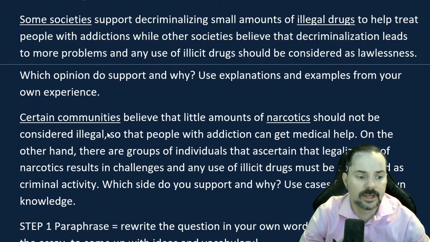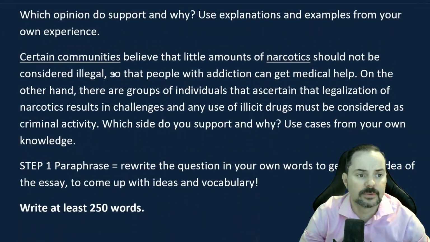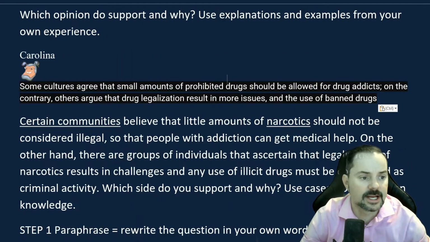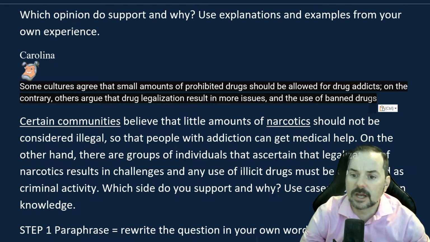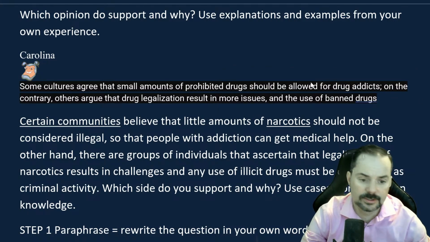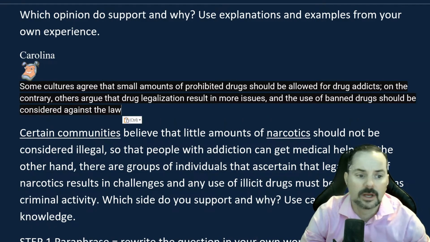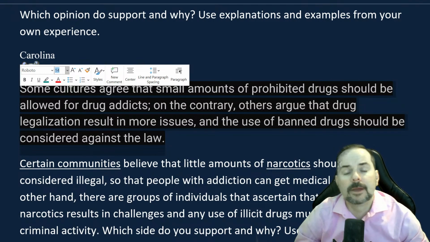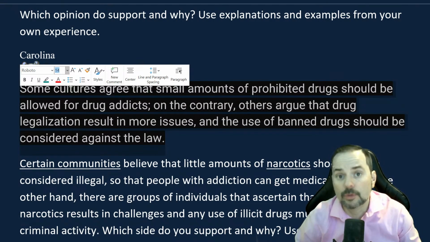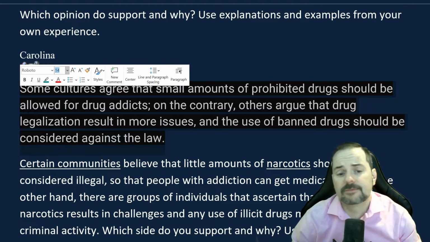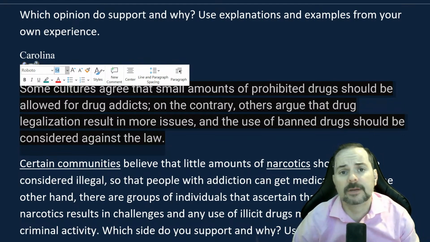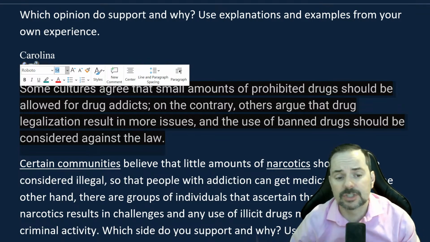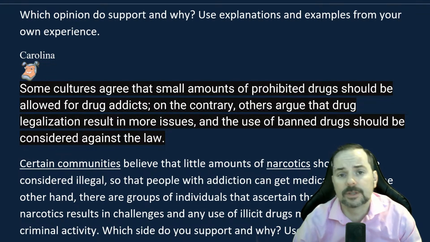Okay, let's take a look at what some of you have written, and we'll match it up here with the top part and see how you did. So here is Carolina's paraphrase of the main part. Let's take a look, Carolina. I'm going to check your paraphrasing, because if your paraphrasing is off, that means that you are not understanding the question correctly. So when you're practicing task 2 in groups or with your teacher, make sure that you really check the paraphrasing, because if it's not accurate, there could be a fundamental problem with the way you understand the question, and then no matter how well you write, it's not going to get a good score.